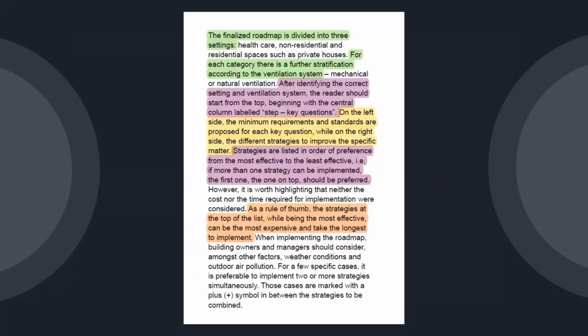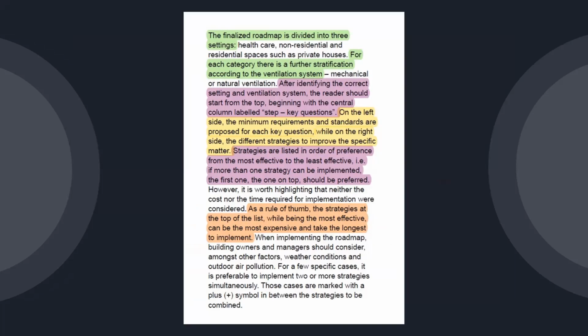The finalized roadmap is divided into three settings. Number one is healthcare, number two is non-residential, and number three is residential spaces such as private houses. For each category, there is a further certification according to the ventilation system, that is mechanical or natural ventilation. After identifying the correct setting and ventilation system, the reader should start from the top, beginning with the central column